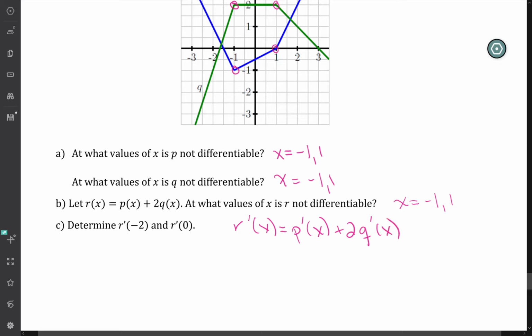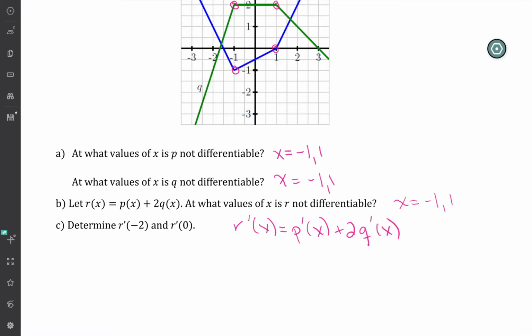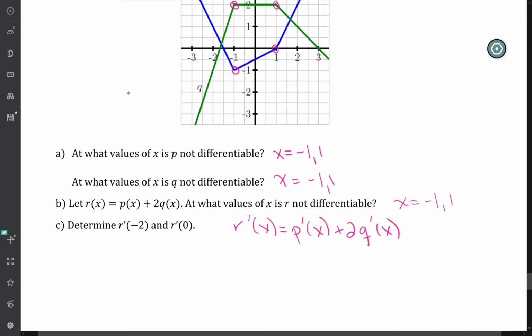So as long as P and Q are differentiable, R should be as well. The only time we're going to have trouble with R is if we get nonsense out of P or Q, and that's why it's going to be those same 2 points. Okay, so for R prime of negative 2, we're going to have to refer back to our graph and say,